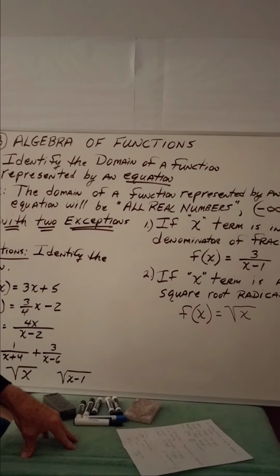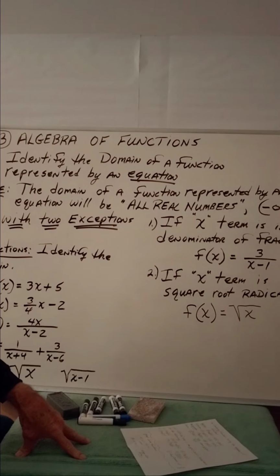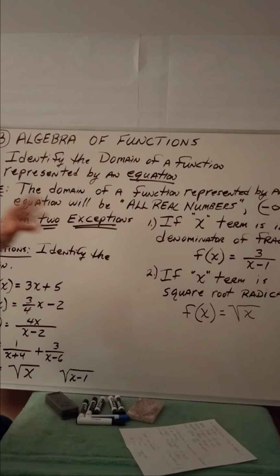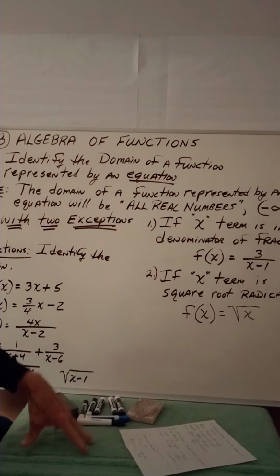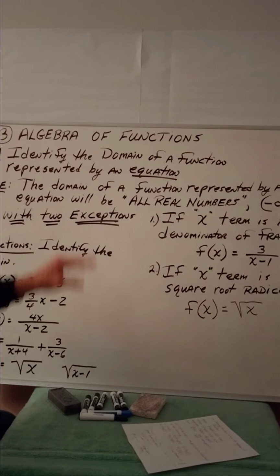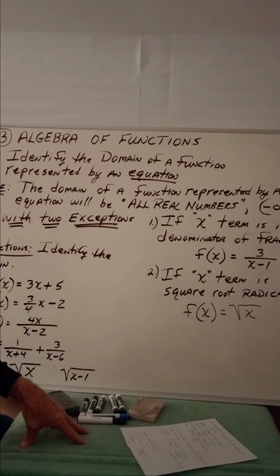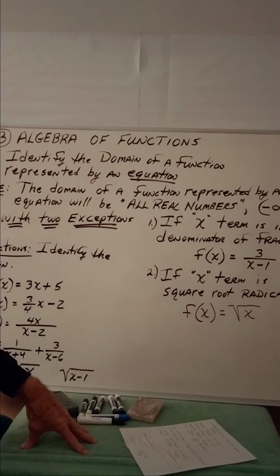In other words, every single number that would appear on an x-axis, because those are domains. Every single point on an x-axis would represent all real numbers. And like this statement says, most all functions that are represented by equations will have as their domain all real numbers,